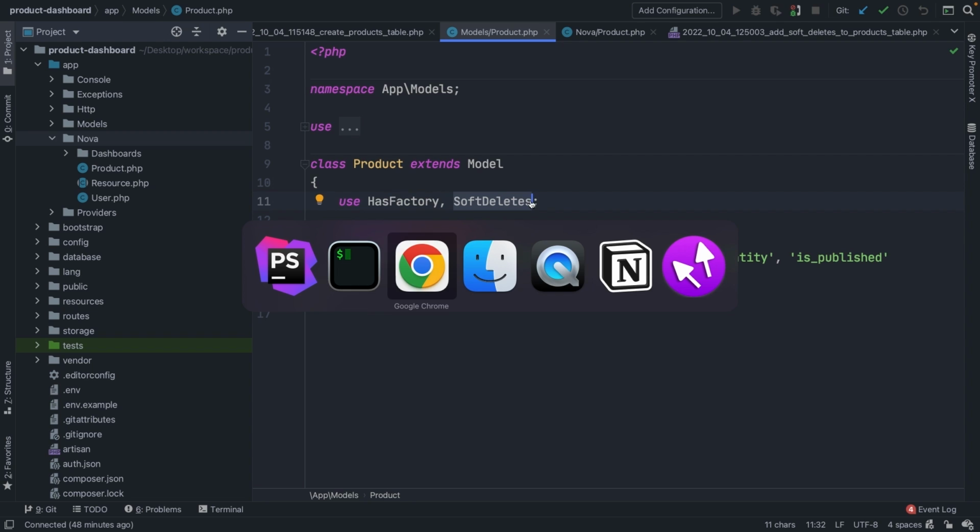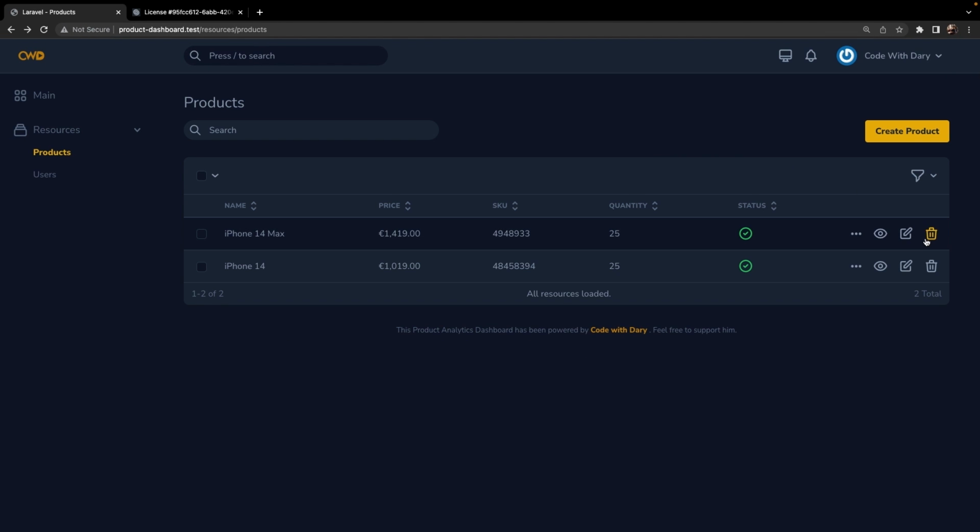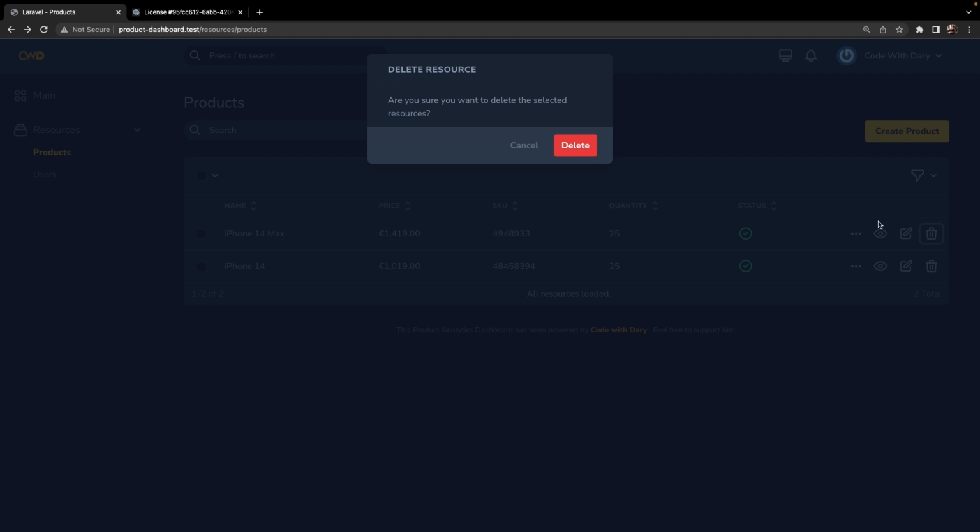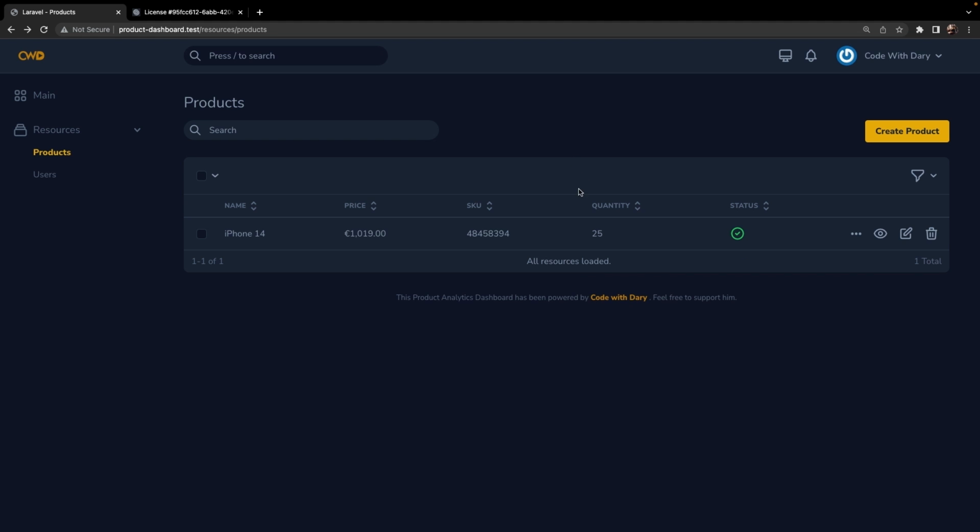If we navigate back to Google Chrome, let's refresh it. Let's try to delete the iPhone 14 Max. It's prompting us with a warning, so let's say delete. All right, as you can see, it has been deleted from our overview. But if we open the drop-down option right here, you'll see a new option that has been created based on the soft delete functionality that we just implemented, where we could choose our products based on the trashed or only trashed. So if we say only trashed, you'll see that our iPhone 14 Max is still visible